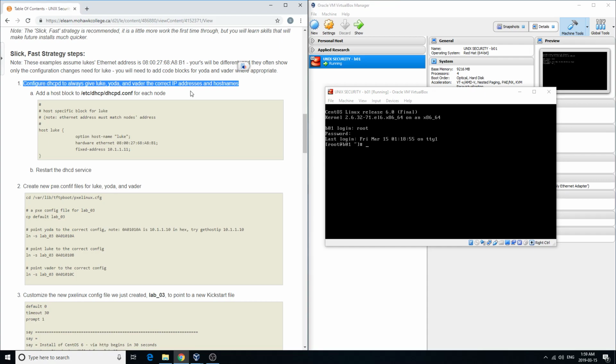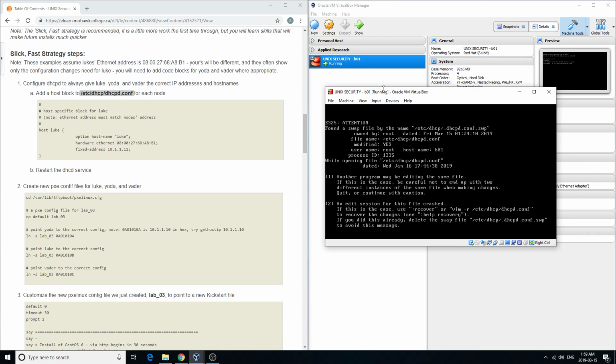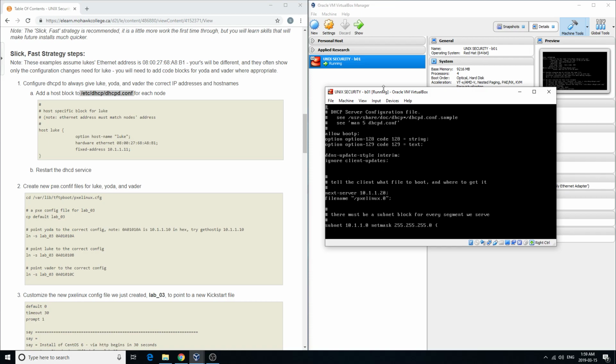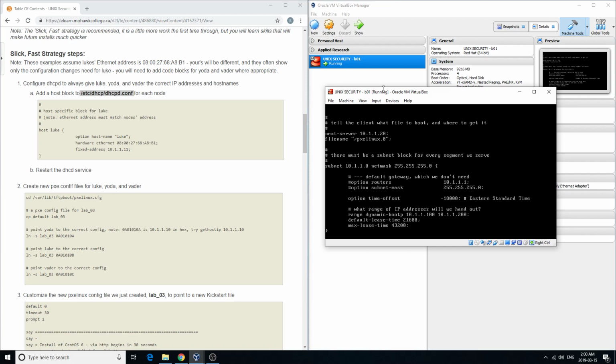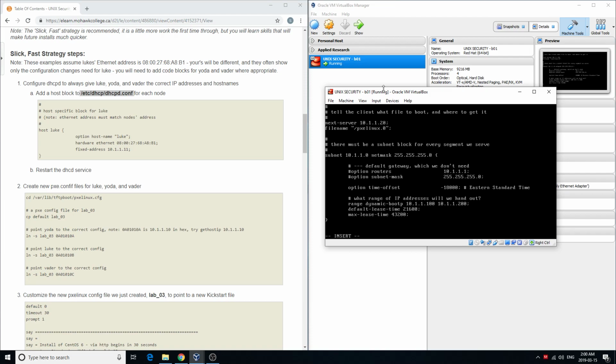So what we're going to do is we're going to go into the VI editor and edit this file right here, which is a file that we created in Lab 1, so it should be familiar to you. So if you want, go ahead and open up the file in the VI editor. So we'll say vi /etc/dhcp/dhcpd.conf. Hit enter, and that's okay. Go all the way down to the bottom, hit I,